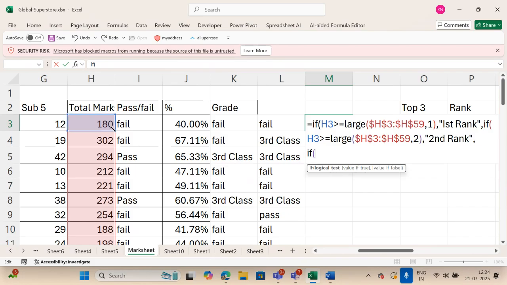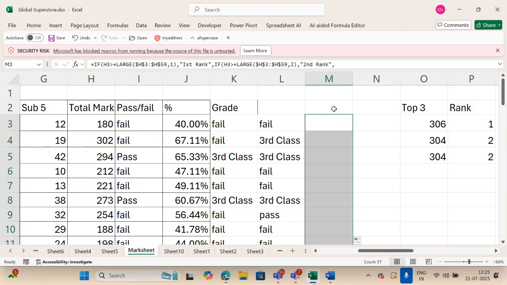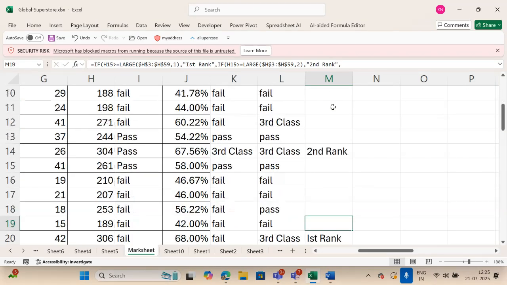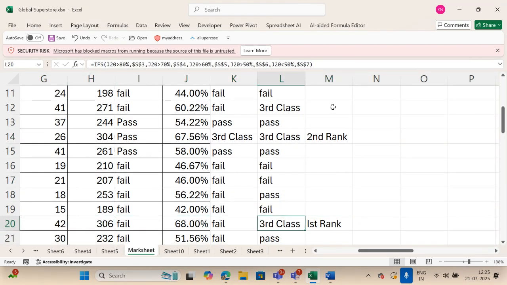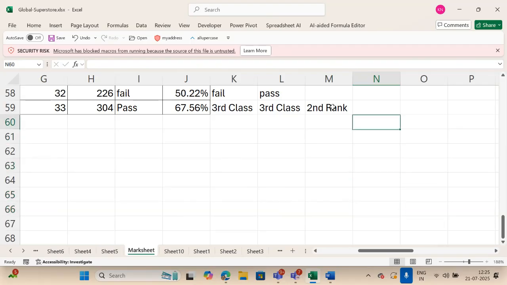IF दिस ग्रेटर देन इक्वल टू LARGE, अब इन सब में से कॉमा 3, ओके, देन यू शुड प्रोवाइड द थर्ड रैंक, और अगर इनमें से कुछ भी नहीं है तो खाली छोड़ दे। अभी खाली छोड़ दिया ना, है ना, ये रैंक देखो सब जगह खाली है, लेकिन कहाँ पे इसने रैंक दी है, सेकेंड रैंक कौन है, ये है ना सेकेंड रैंक, और ये फर्स्ट रैंक इधर था ना, देखो आप 306 फर्स्ट रैंक था ना, और फिर ये सेकेंड रैंक है, क्यों, क्योंकि सेम नंबर है, थर्ड रैंक आएगा ही नहीं। हाँ, द मोमेंट ये अगर आपका ये एक कम हो जाएगा तो अपने आप थर्ड रैंक हो जाएगा, सी।